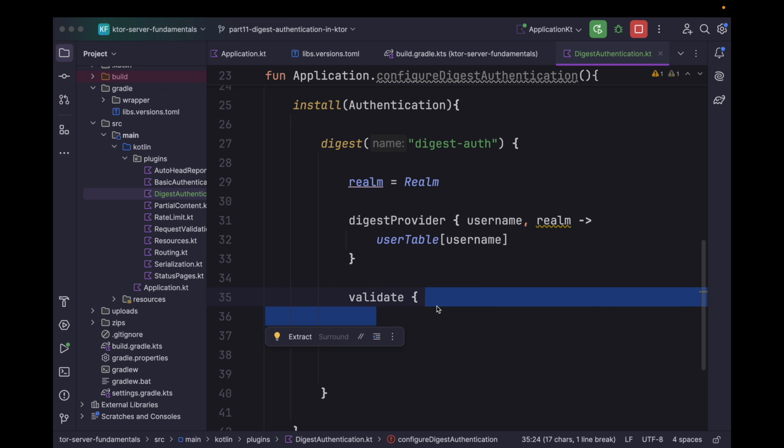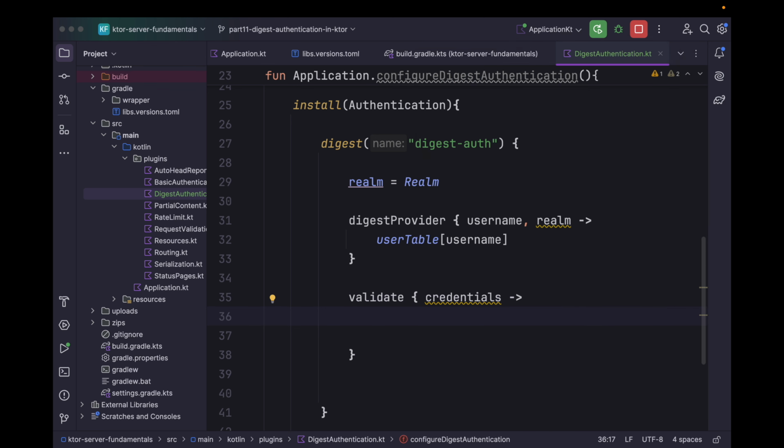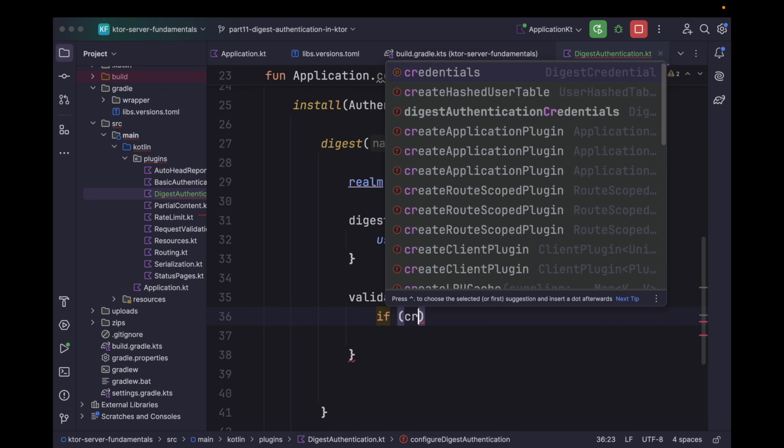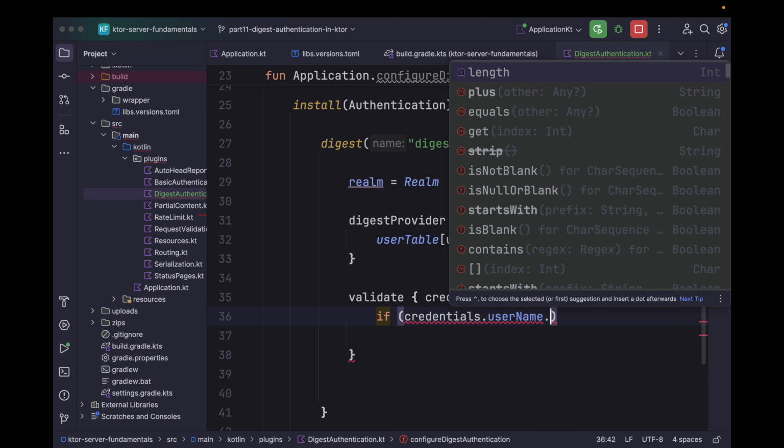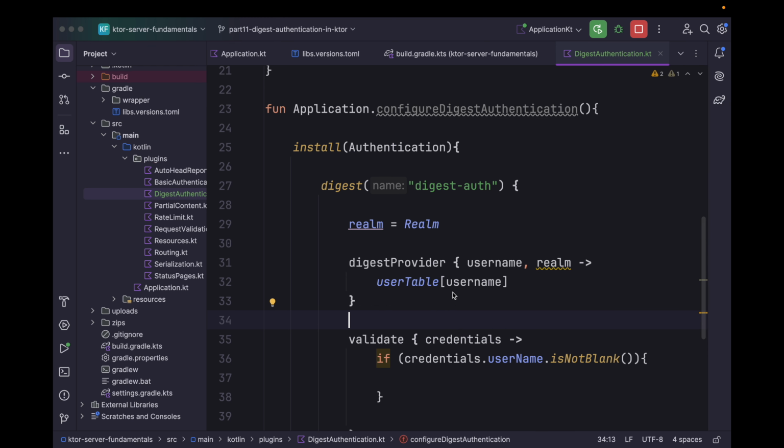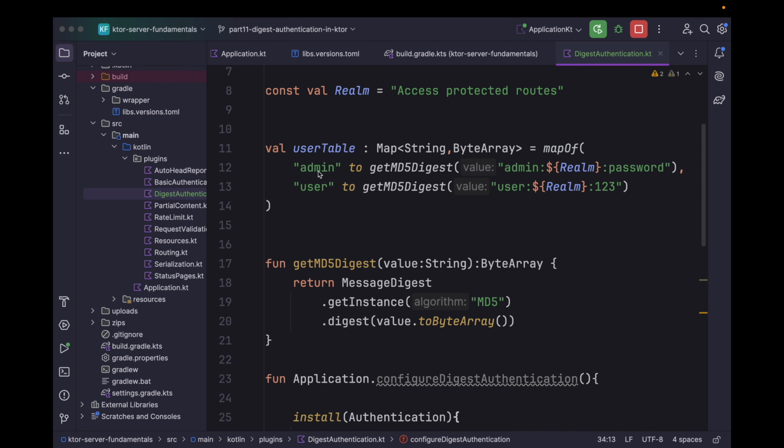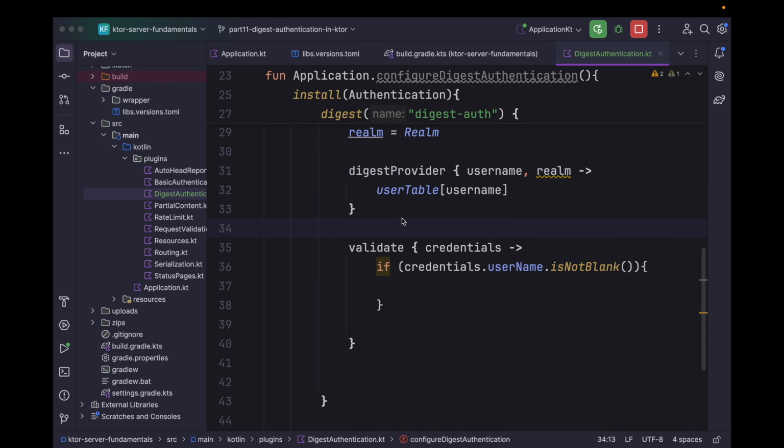Over here we get credentials and we can add a check. If credentials.username is not blank, and if the username doesn't exist in the table, then this will result in a null value, and that will cause this username value to be blank.